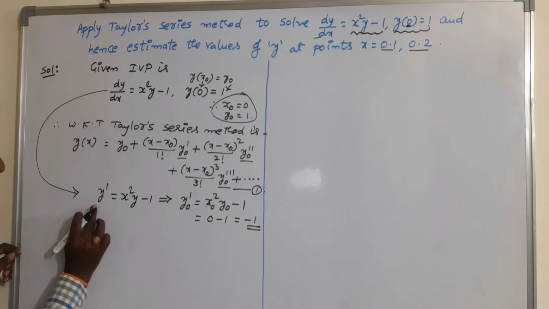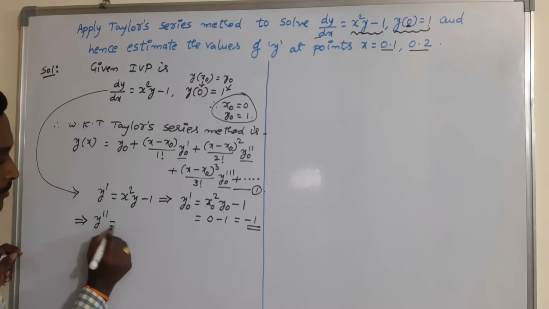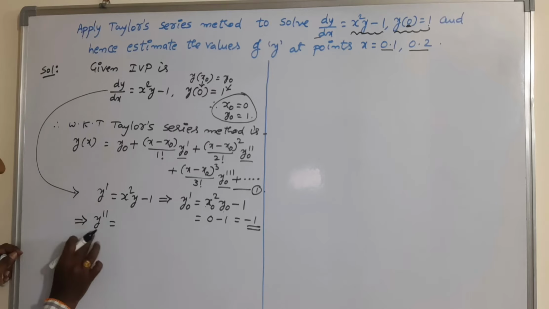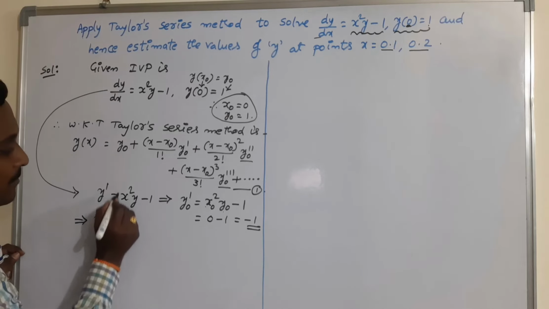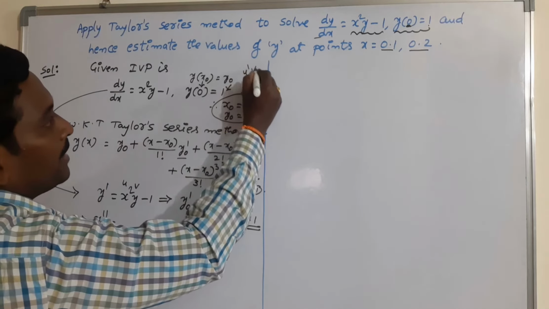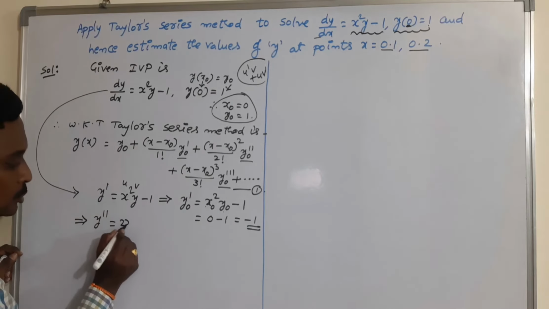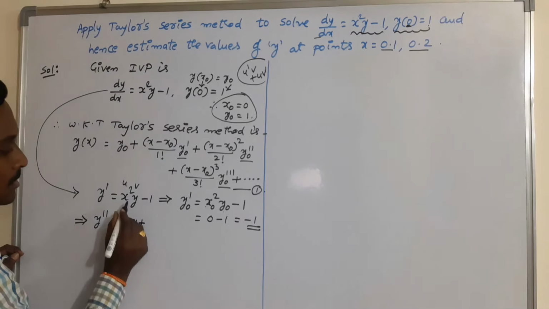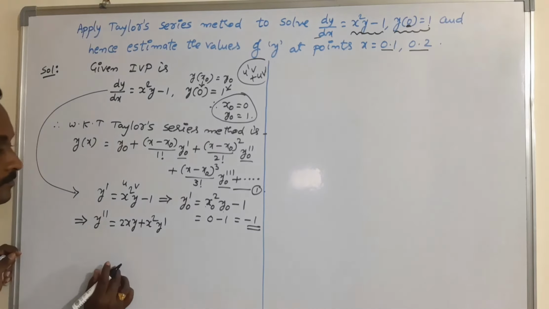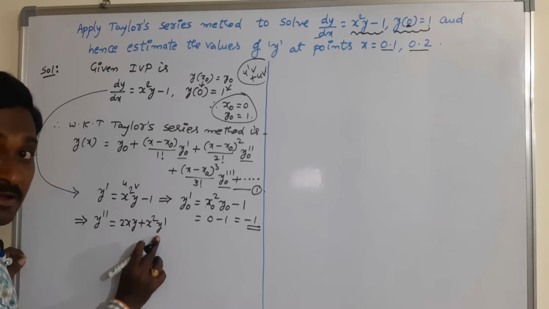Now take another derivative of this term with respect to x. The derivative of y dash is y double dash. Already it is the first derivative. If we take another derivative, it becomes y double dash, which is known as second order derivative. And here we have to apply the uv rule. Derivative of uv is u dash v plus uv dash. According to this formula, first derivative of x square is 2xy plus, now x square is the similar term, derivative of y is y dash. Don't write here dy by dx, it is better to use the dash notations for the derivatives.